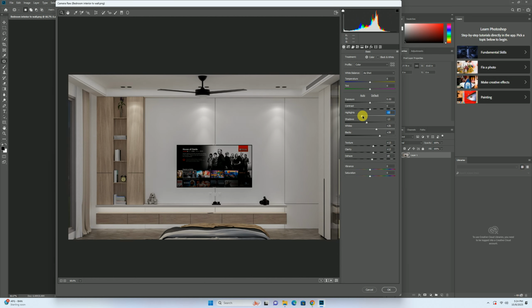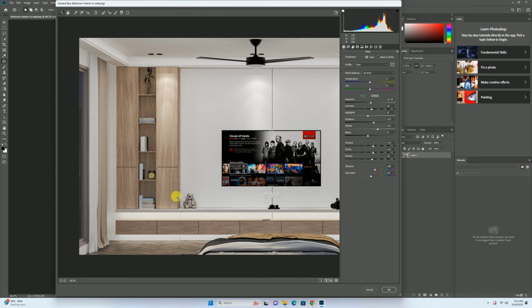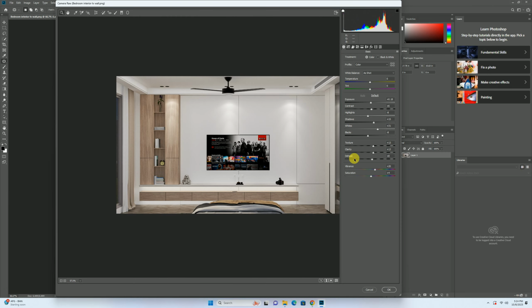We can change the highlights from over here also. Then if you want, you can go ahead with this auto mode in Photoshop. It will automatically set up the elements. Or if you want, you can go to the default feature and change these elements as per your own desire.